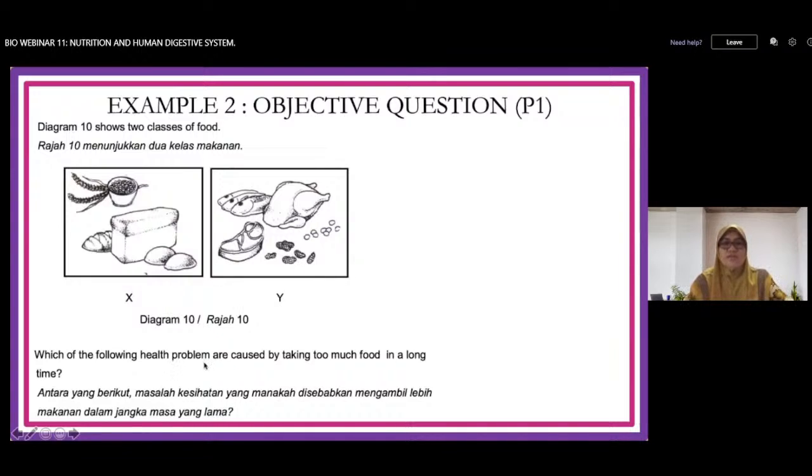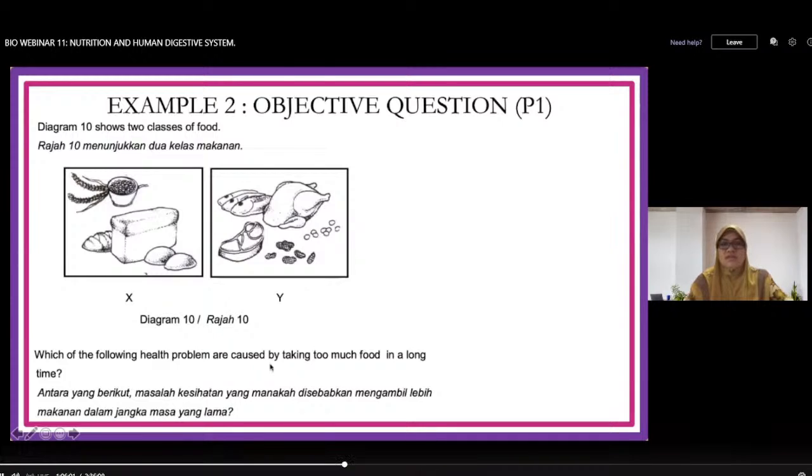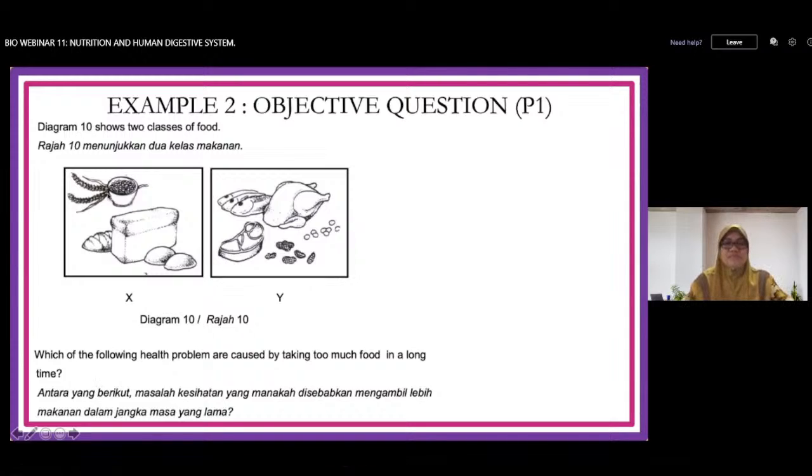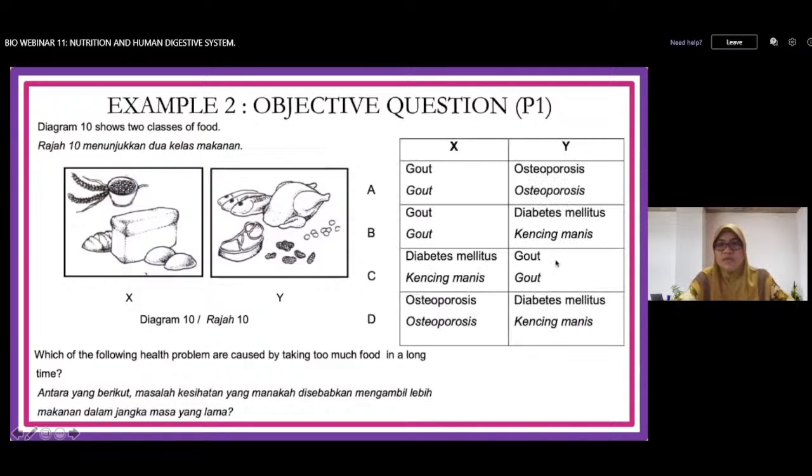Which of the following health problems are caused by taking too much food over a long time? Apa jadi kalau kita ambil karbohidrat lama-lama? Berulang-ulang untuk jangka masa yang lama, protein pun untuk jangka masa yang lama. Apa efek dia? Okay, so kamu rasa apa jawapan dia? Okay, untuk jimatkan masa cikgu bantu kamu. So jawapan dia adalah C, betul. So diabetes mellitus untuk X dia akan menyebabkan